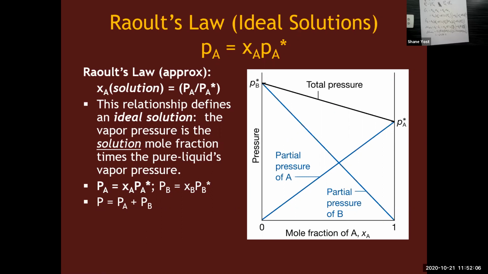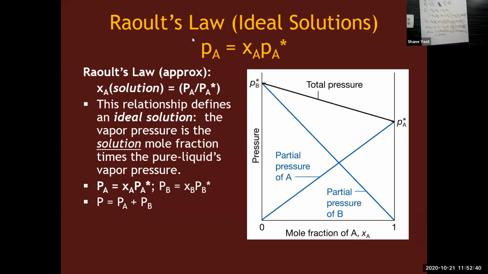Okay? But here I'm talking about knowing the mole fraction in the solution phase and how that relates to its vapor pressure. And so again, this is an approximation: the mole fraction in the solution phase times the vapor pressure of the pure solvent gives me the vapor pressure of the mixture. Okay, which is just saying, as my mixture goes from 100% of my solvent to 0% of my solvent,